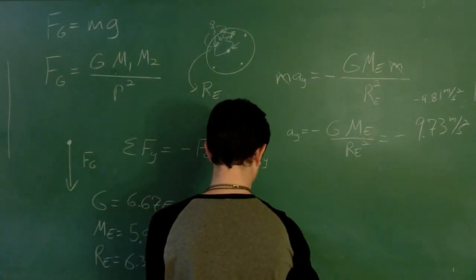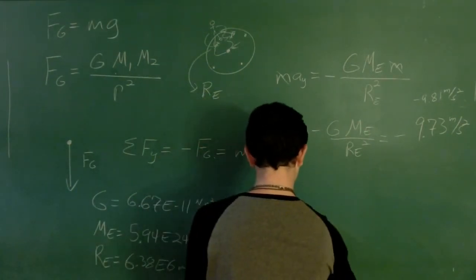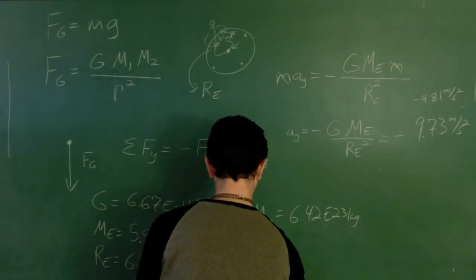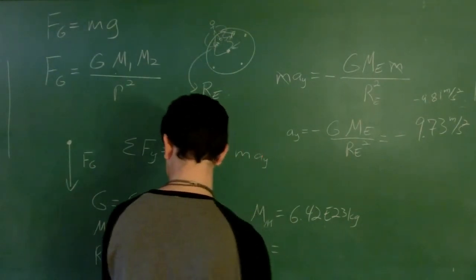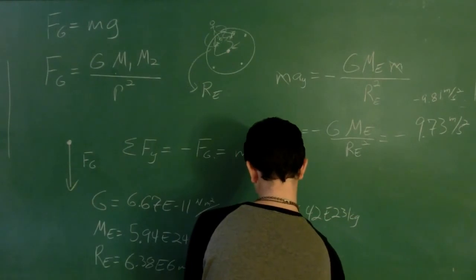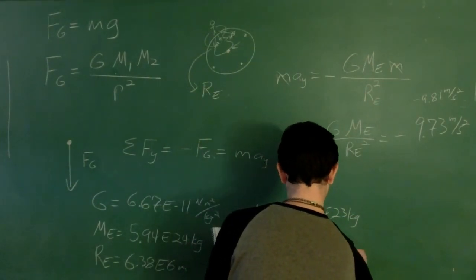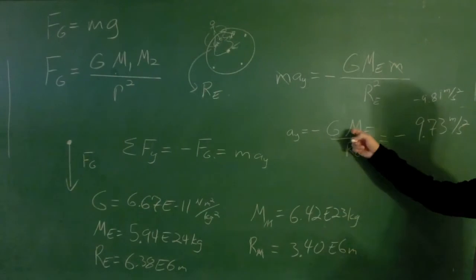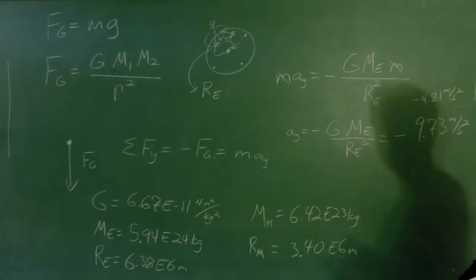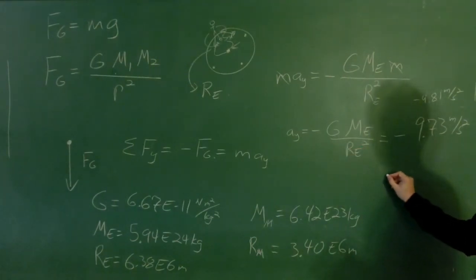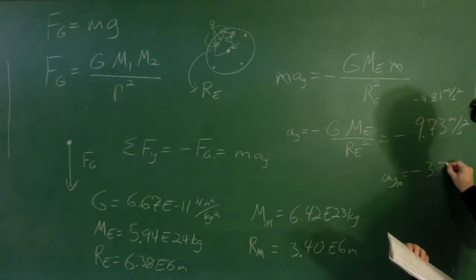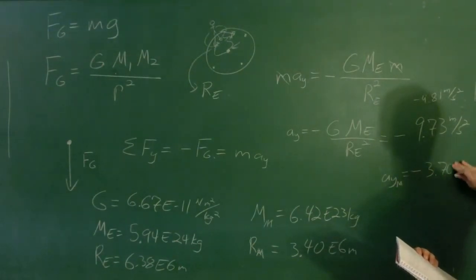But if I look at the mass of, say, Mars, which is 6.42 times 10 to the 23rd kilograms, and the radius of Mars, which is 3.40 E6 meters, so times 10 to the 6th meters, that's engineering notation. When I plug these numbers in instead, using the mass of Mars and the radius of Mars squared, I'll find that the acceleration in the y direction on Mars equals negative 3.704, so 3.70